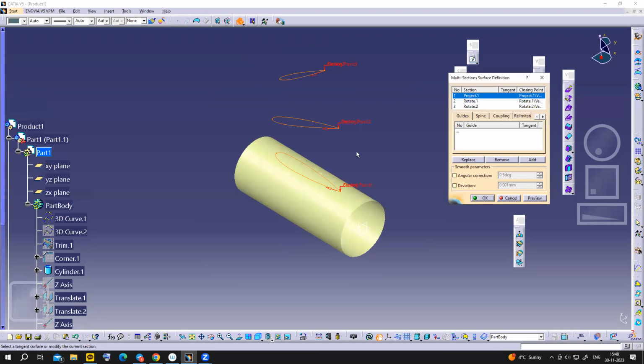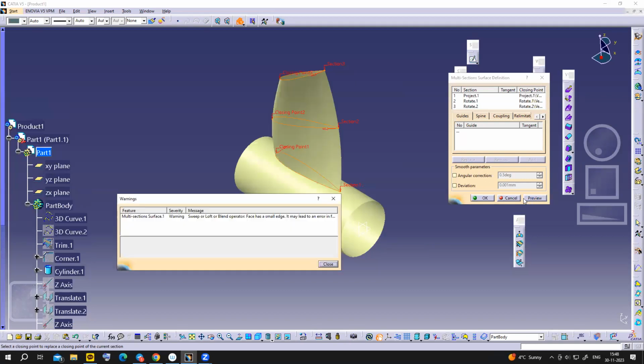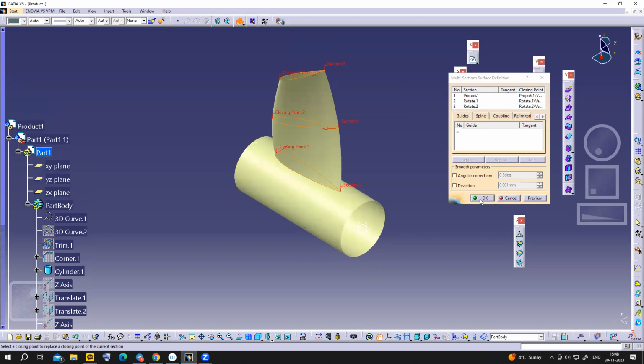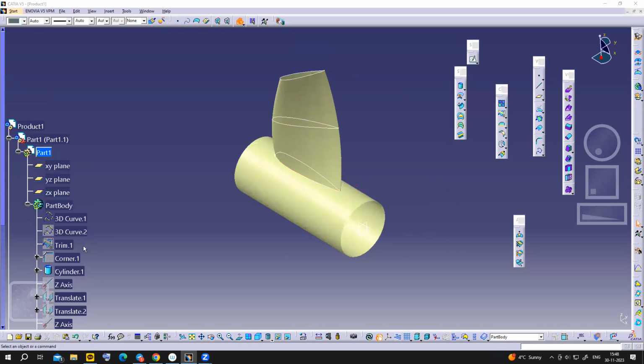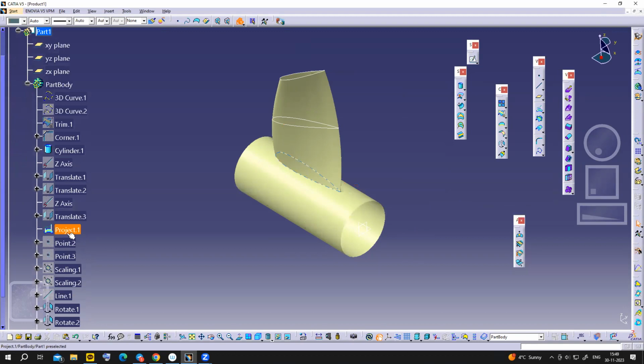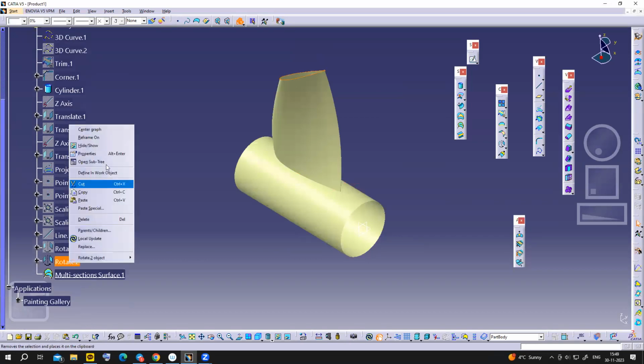So I'm using Control Z. We don't need to replace closing points, okay? Here, all are here, or all are here. And directions are also the same, pointing, yeah. Okay, there is some warning, that's okay. Click on OK. And now we don't need these curves. You can hide this projection, you can hide this one, and you can hide this one,